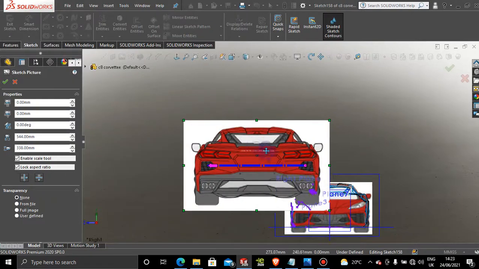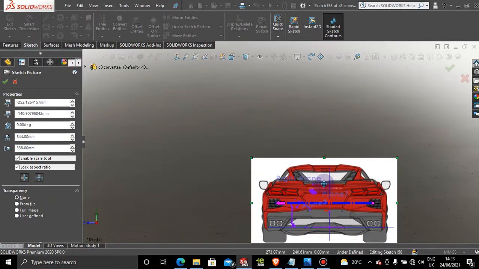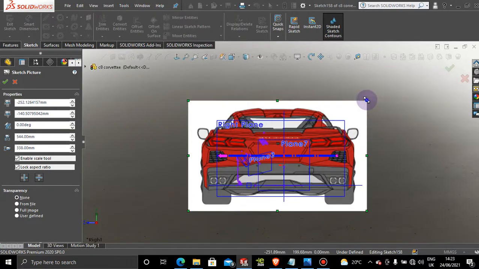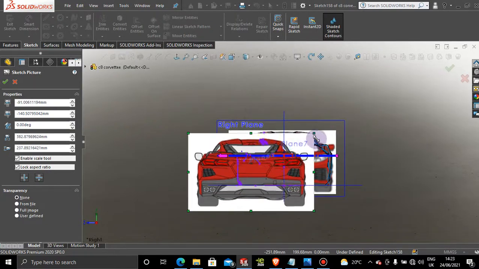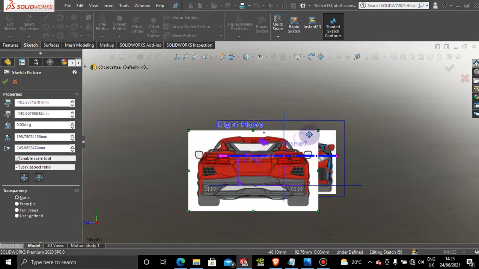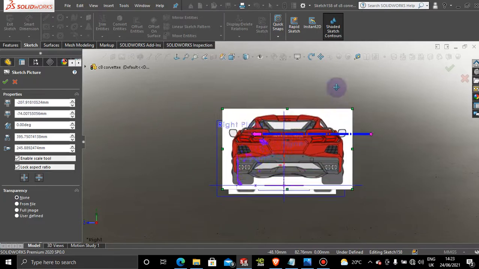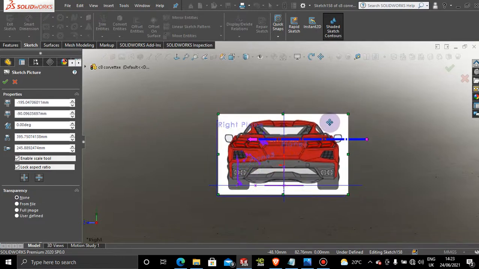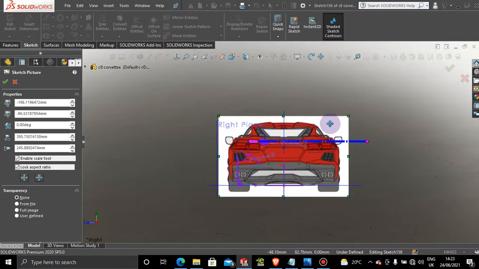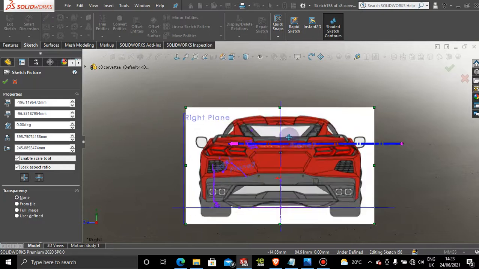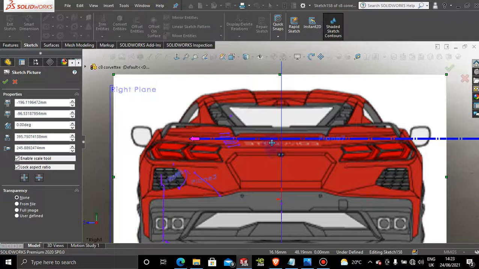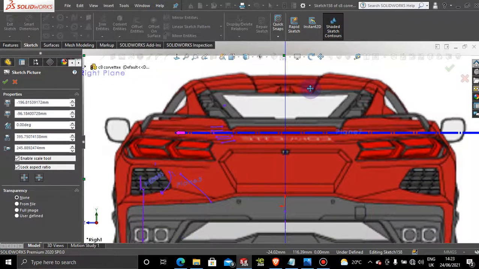I'm going to pull the sketch image down about here. Obviously, we need to make that the same size as the front view. I'm just going to drop it somewhere here, because we are going after the bottom of the vehicle, not the tires. Trying to center it as best as possible,